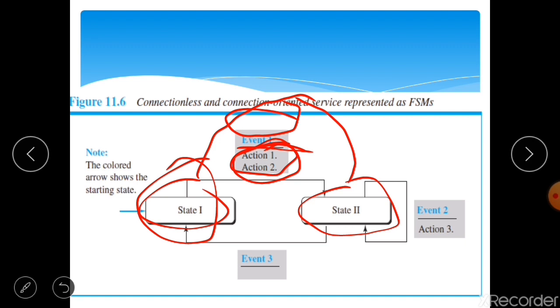If event 1 occurs, the machine performs an action; if event 2 occurs, the machine performs action 3 and remains in the same state. If event 3 occurs, the machine does not perform any action, but it will move into state 1. So this is a simple FSM diagram.